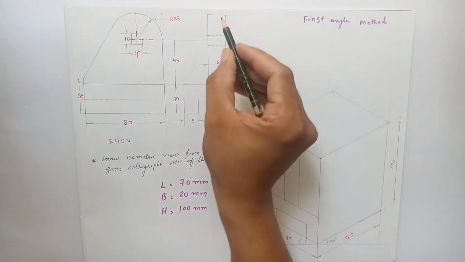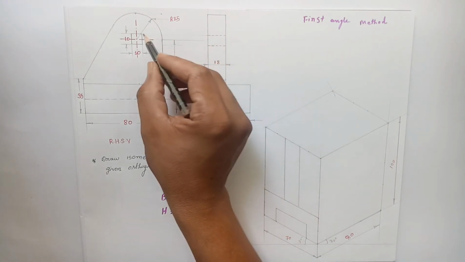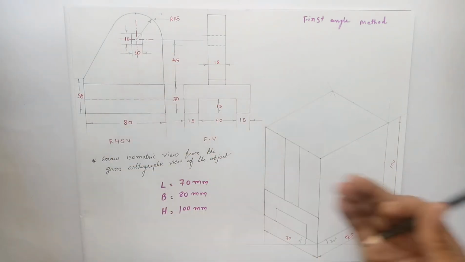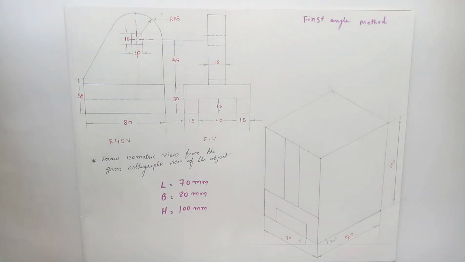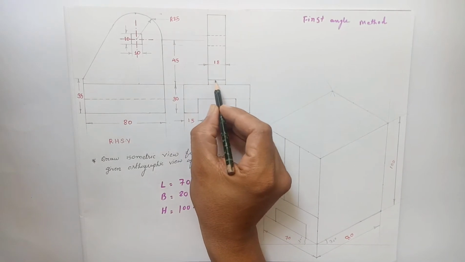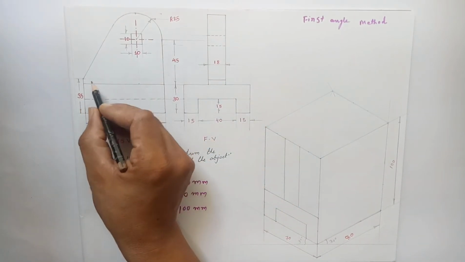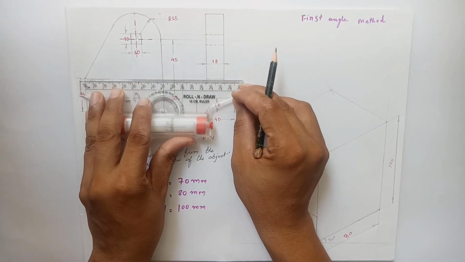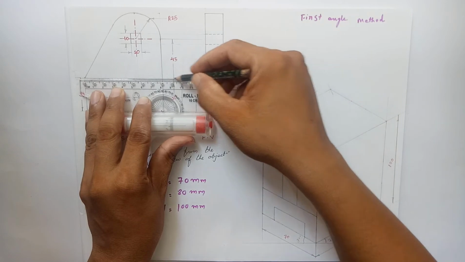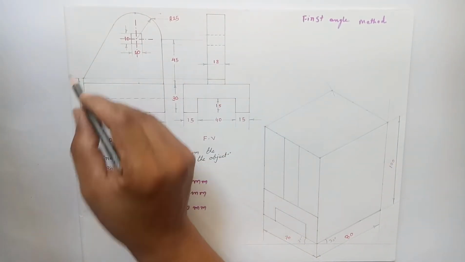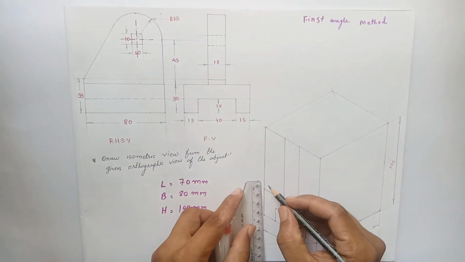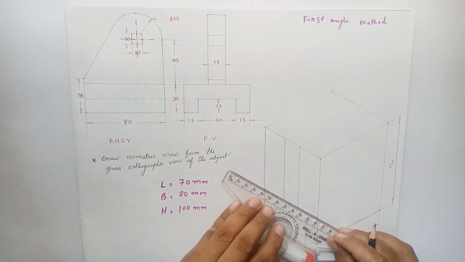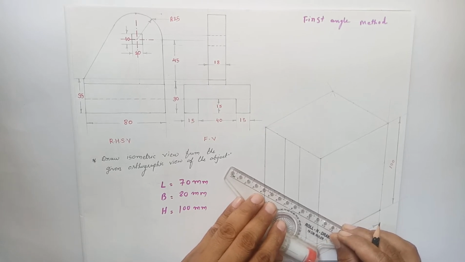So this will be the front view. This hidden part is the hidden lines of this square slot, which is observed in the right hand side view. Now we have to draw this edge also, which is at 35 mm, as we will project this corner to here. It will give us the projection of this particular edge, 35 mm from here. So measure 35 mm, 35 mm, and shoot that particular edge over here.